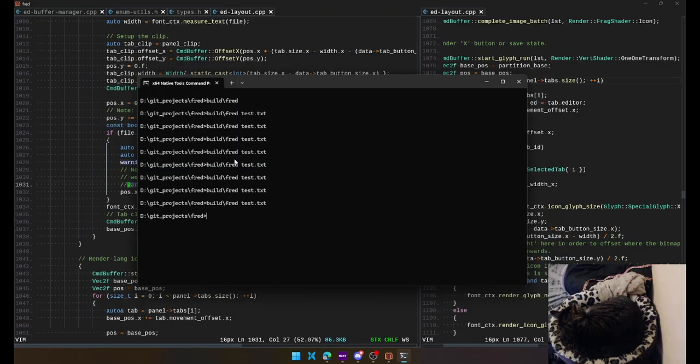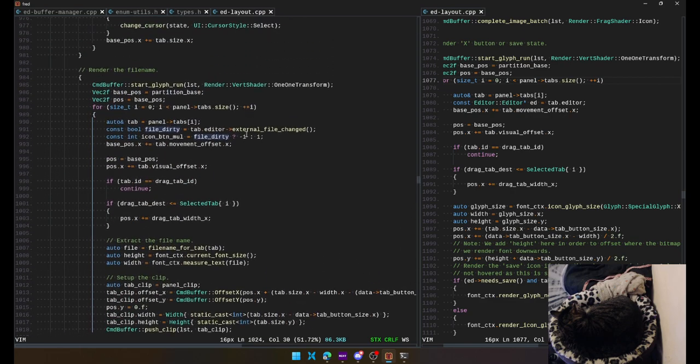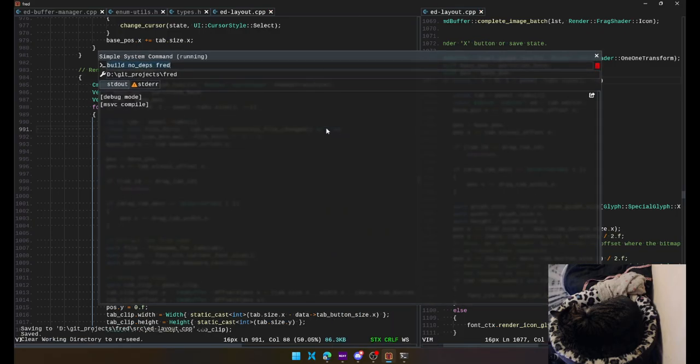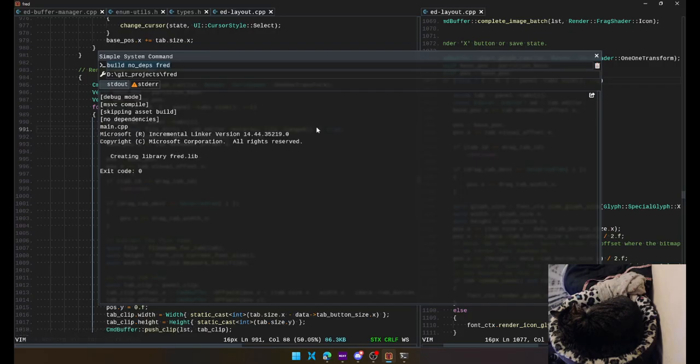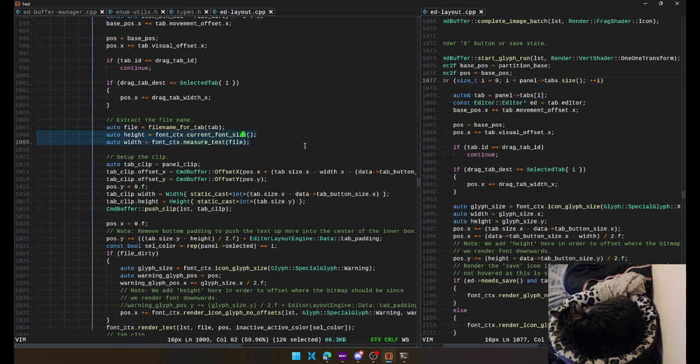Actually, you know what? To make this faster, I'm just always going to render this thing. So basically, let's just set this to using one of the private Unicode code points. If you can render the glyph as part of the string, then you can prepend the glyph. Yeah, I probably could do that, but